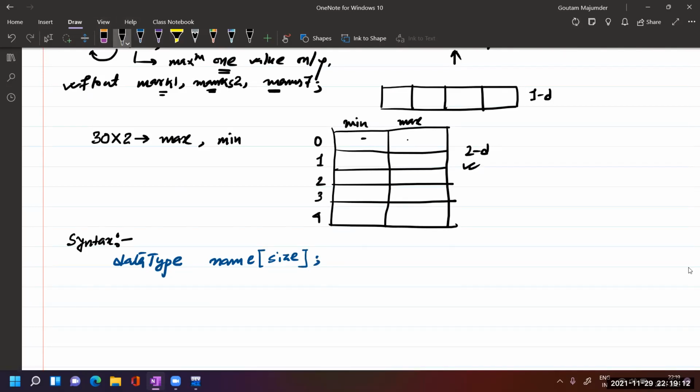When you say data type, this data type can be anything from this: int, char, float, double. Definitely you can also have short integer, long integer. These are the modifiers. Name is an identifier name, a valid identifier name.